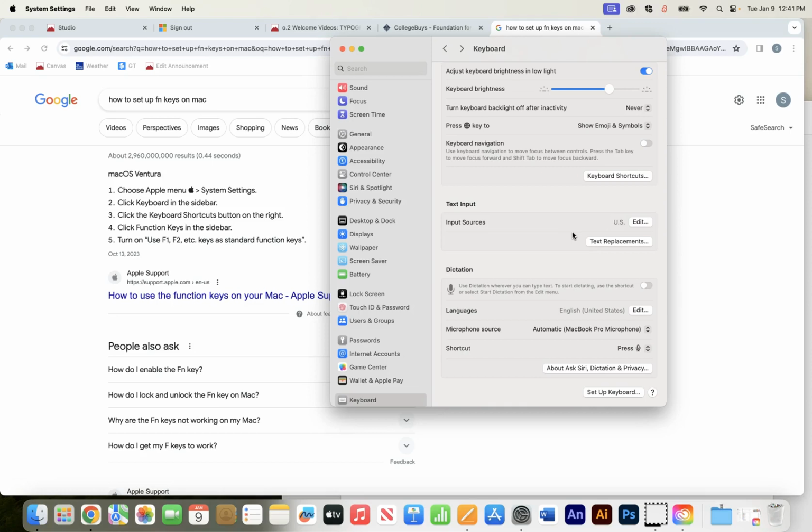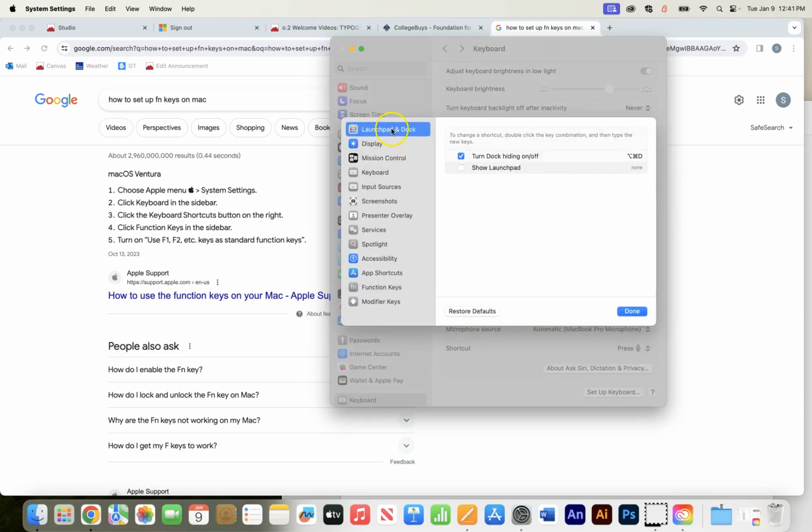Well, if you're using a program, and Adobe Animate is one of those, where you're using the F keys a lot, in fact, we use the F5, F6, and F7 a lot, you'll want to make this change. So you click on keyboard shortcuts, and then from this submenu, you're going to go to function keys. And what you want to do